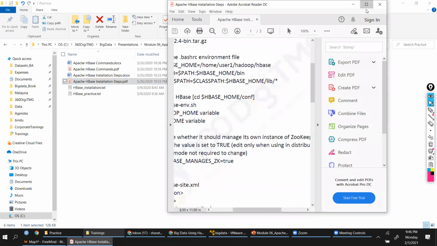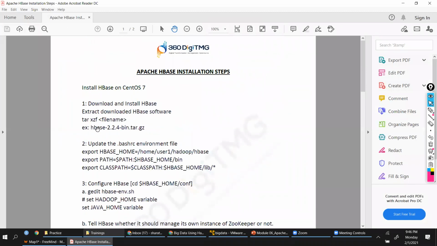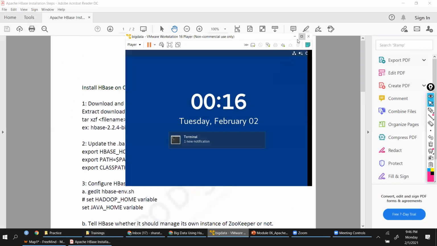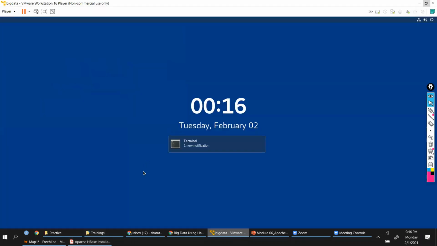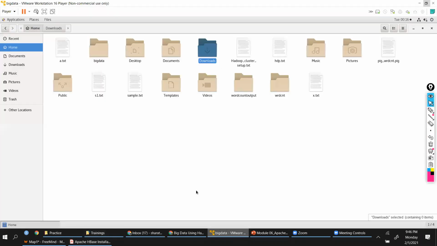So you have to first download the HBase file. In order to download it, we'll go here. Remember I said these are just theoretical concepts, Abhishek. They're not covering in detail. All right.